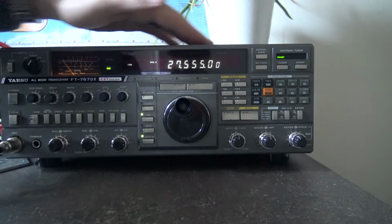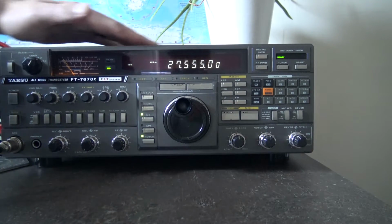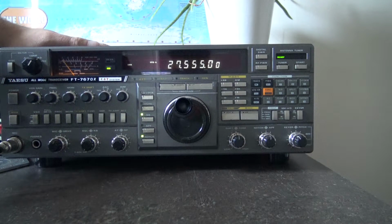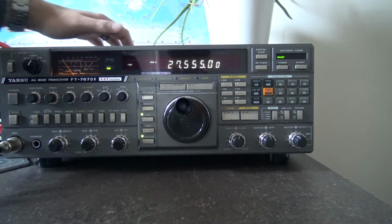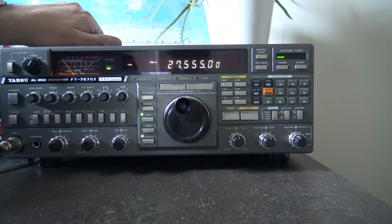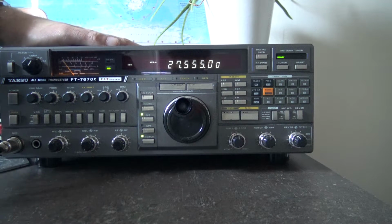I also cleaned it up. I got some wet wipes on it, cleaned it all up. That was also in the bit that I filmed. I cleaned all the top of it up, cleaned in between them fins, cleaned where the fan is, because there's a fan on the back which does come on and does work. Because when I was chatting on FM,